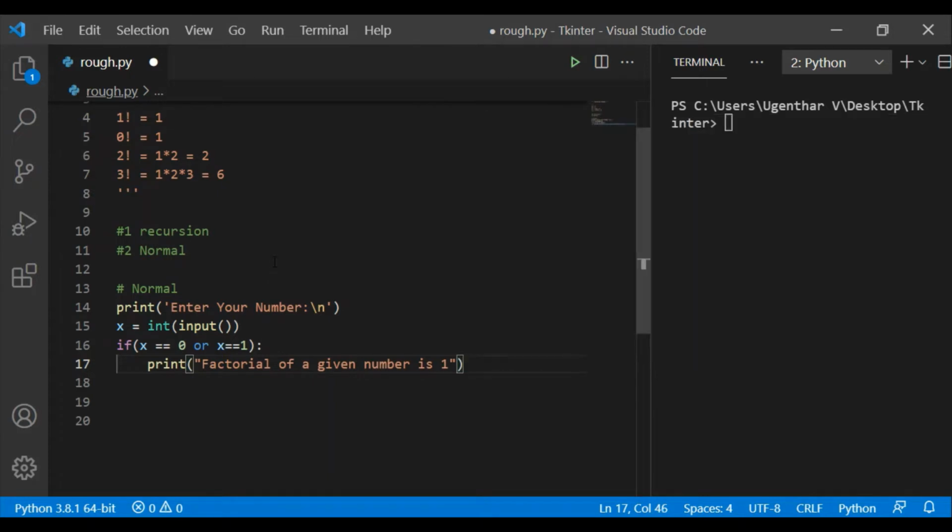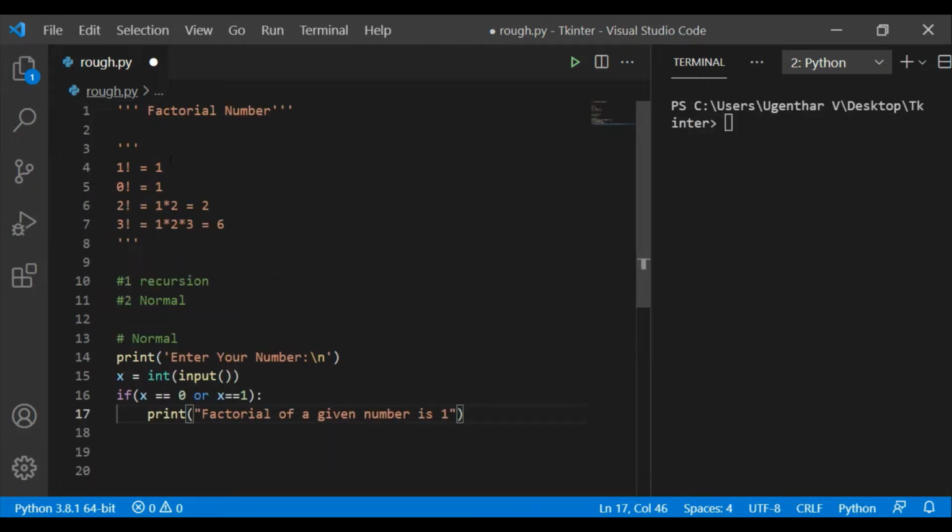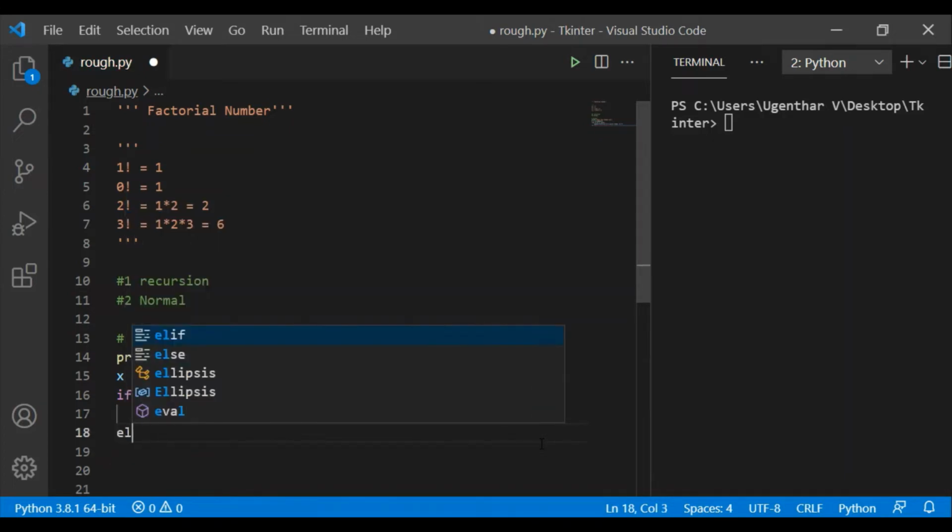This indicates the first two conditions. That means if input is 1 or 0, then the factorial will be 1. Else we want to do some operation like this.